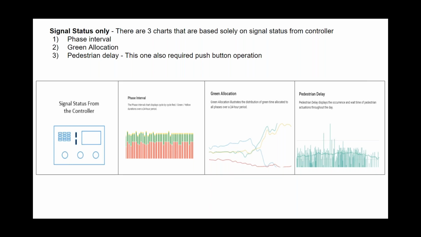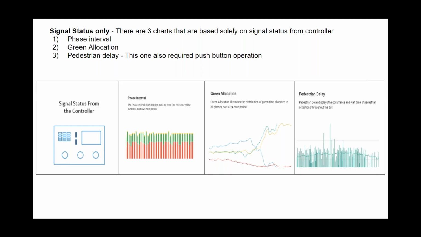And when that occurs, you want to be able to just simply see, is that happening? Is it working as expected? And then you can simply toggle through the timing of the time of day plan. So if you expected it to come on at 7 a.m. and say the length of the green changes for the AM period, does it actually do that? You can simply check that in the phase interval chart.